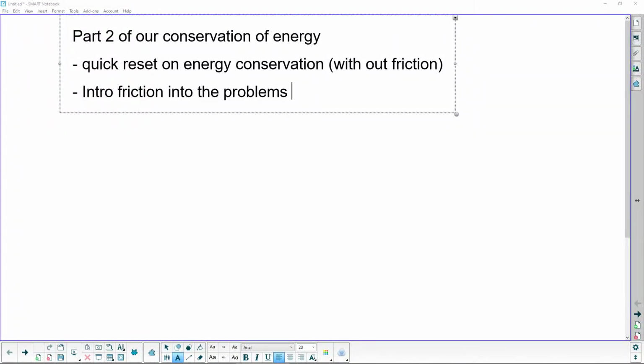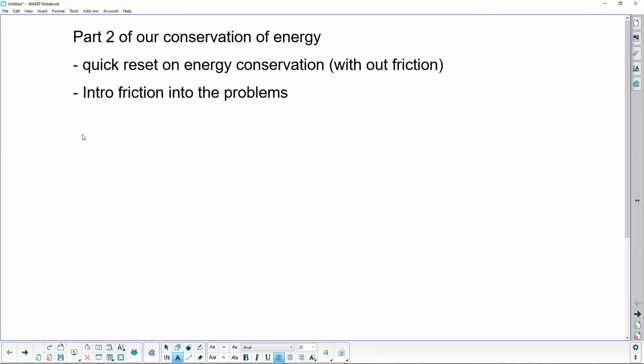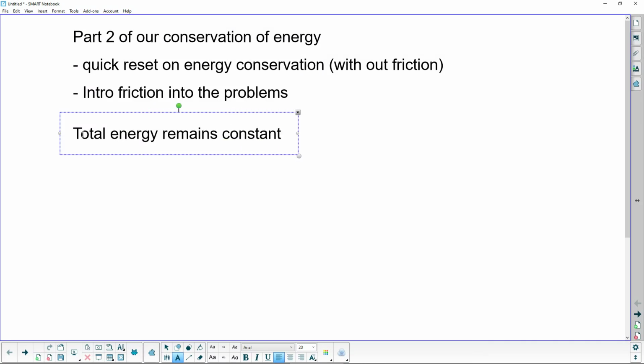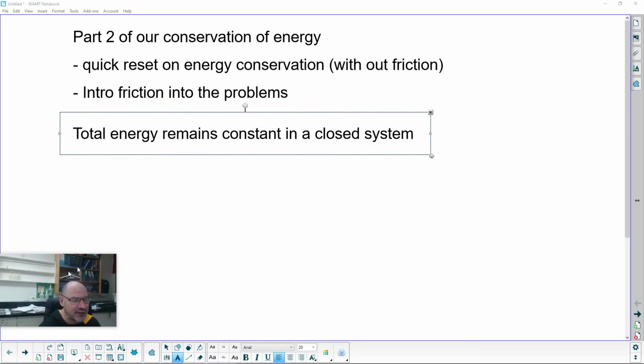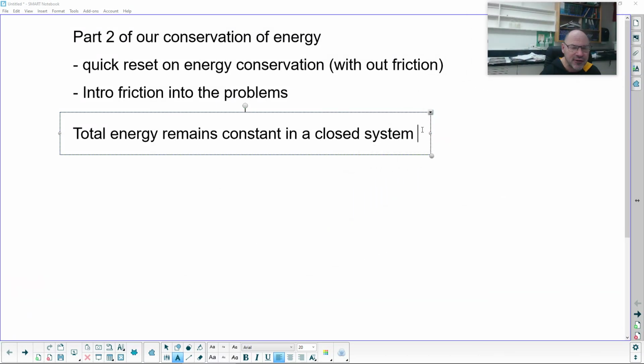Just a reset of energy conservation. So energy conservation basically states that total energy remains constant in a closed system, which we know already. And the other thing that we looked at was what kinds of energies we were going to specifically use within this class. So within this class, we were looking at